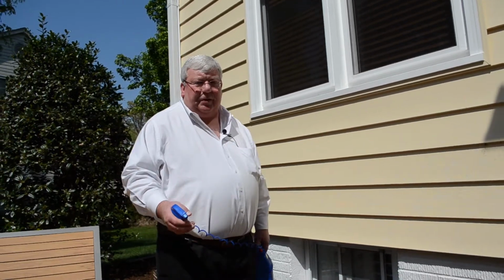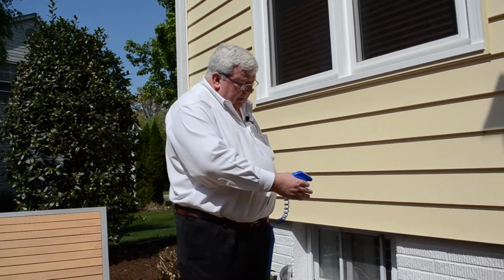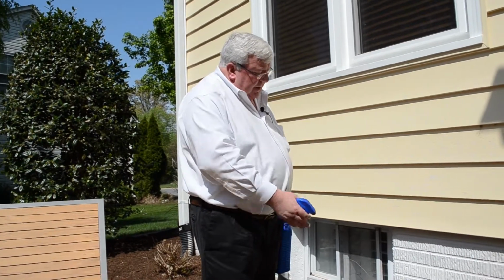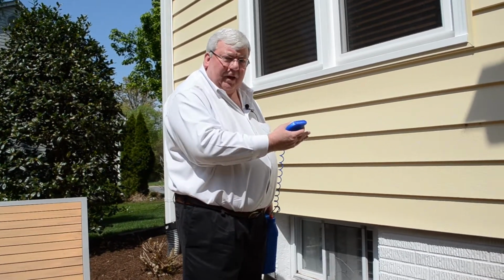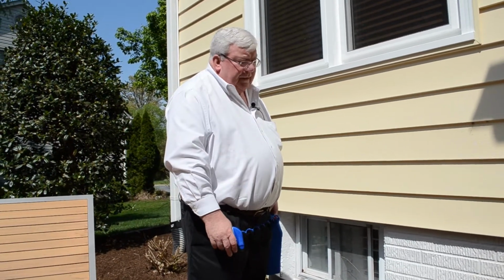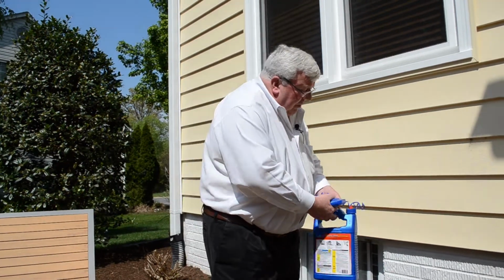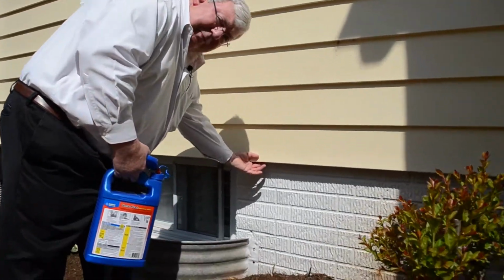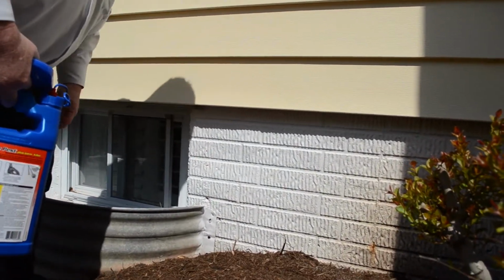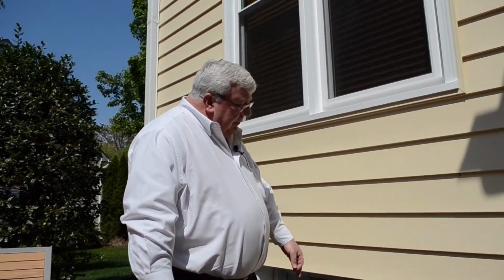The label tells me that there are 3 applications on the exterior of a home that are permitted. One is that I can make an application to the perimeter, and it says up to 3 feet up the foundation and up to 4 feet out on the foundation. In addition, I can make a crack and crevice treatment, which would mean if I wanted to apply underneath this